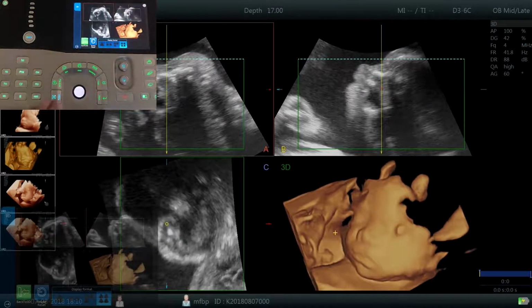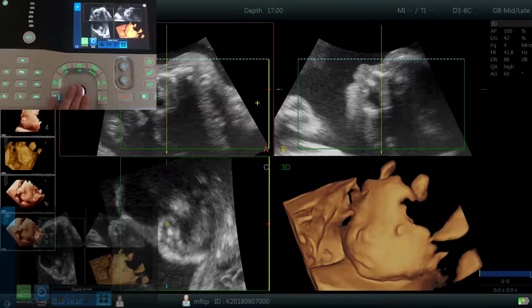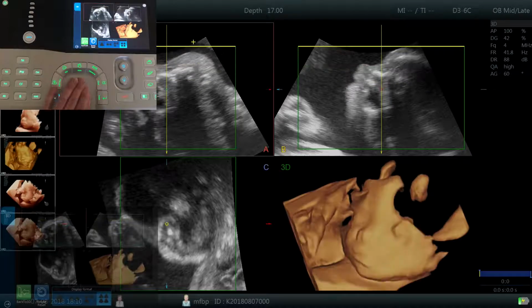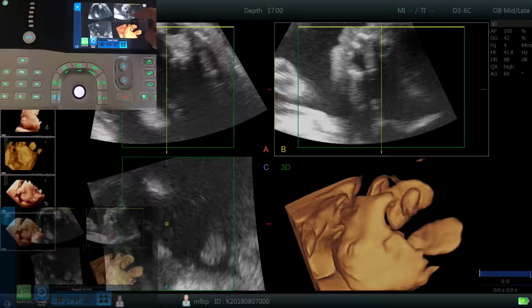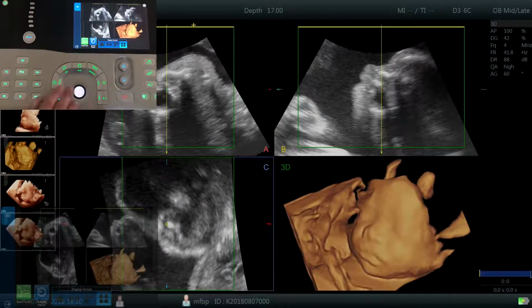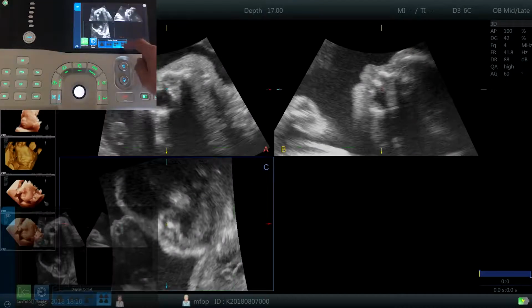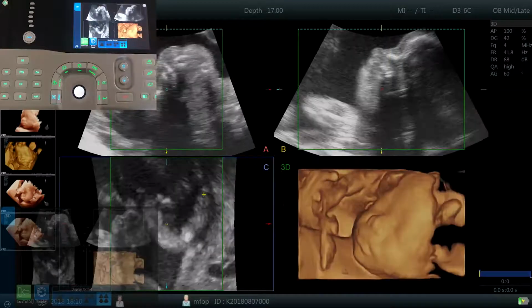Or you can use your cursor and you can click on any of these lines and drag them across to change your region of interest. So you can do that either via the touchscreen or you can do it using your cursor. And down the bottom here you can see you can easily toggle between 2 modes, 3 modes, 4 modes. Okay, and then if you've made a mistake you can go back to the beginning by clicking Rotate Reset, which